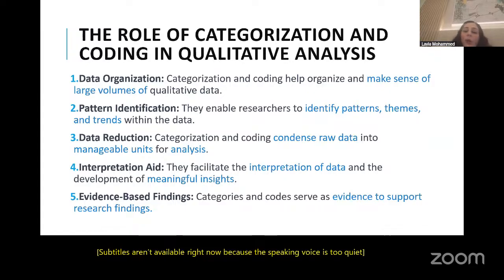And a little bit more here. Why are we coding and categorizing? It's for data organization, to hopefully make sense of large volumes of qualitative data. We are then able to identify patterns, themes and trends within the data. We are reducing our data to a more manageable unit of analysis, because at the end, when we write our data analysis, we